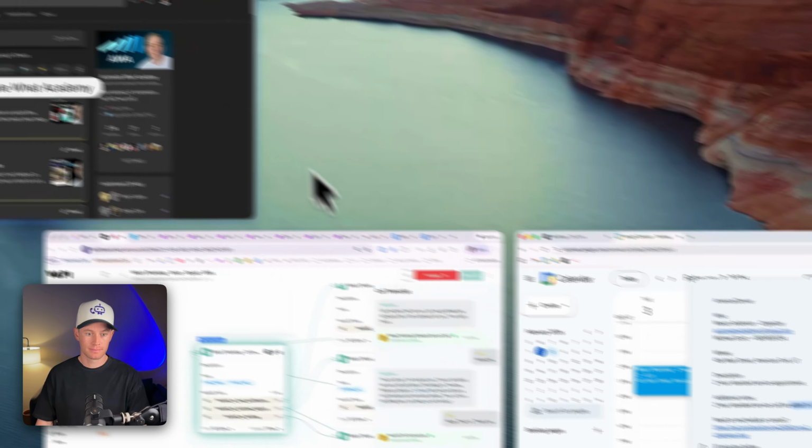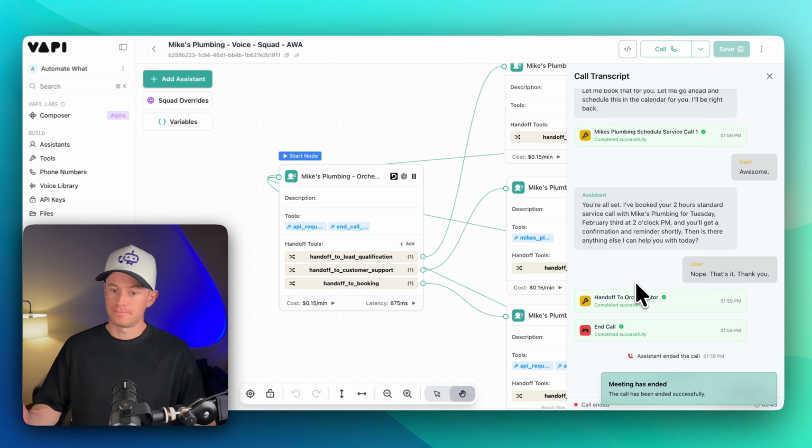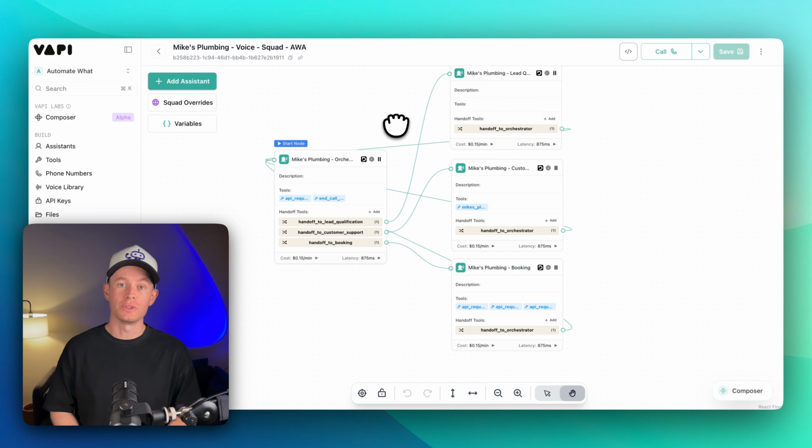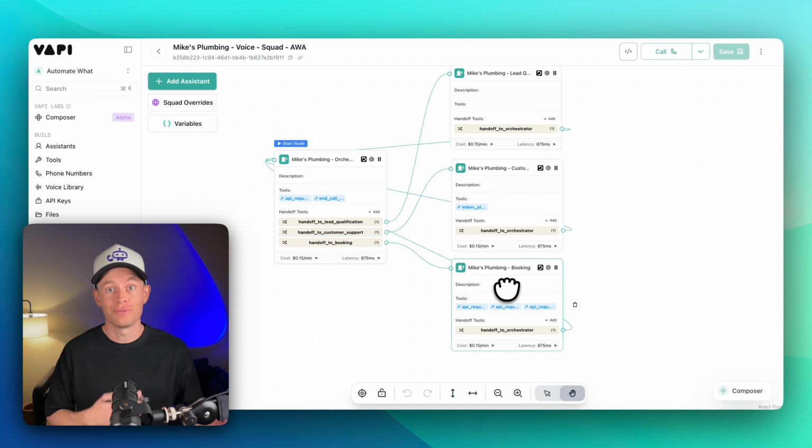And just like that, I'm booked in the calendar. So you could see through the whole demo, the orchestrator was just delegating to all of these sub agents. Whenever I had a question, it was hitting up our customer support agent, which has access to our knowledge base to answer any questions. Then it passed it back to the orchestrator agent. And then it determined, yeah, I want to book a service call. So then it handed it back over to the specialty agent, which is the booking agent, to follow the booking sequence and get me booked into the calendar.